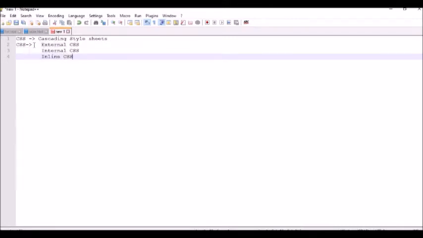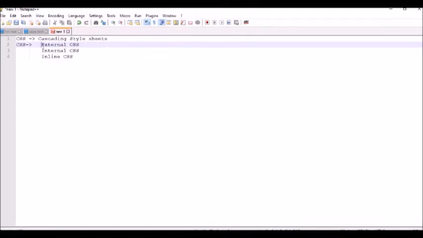These three never differ in the format of their styling, which means if you use external or internal or inline, your coding sample will be the same for all three cases. The only thing that differs is the place where you are going to provide your formatting.